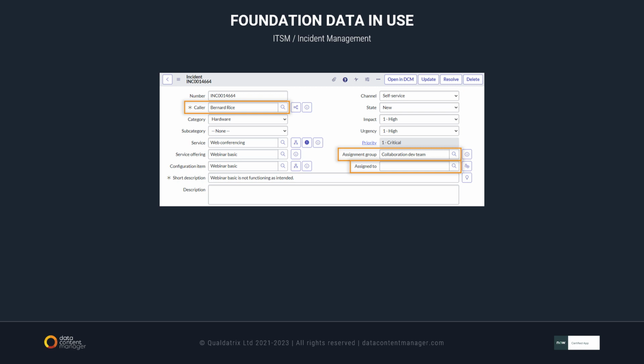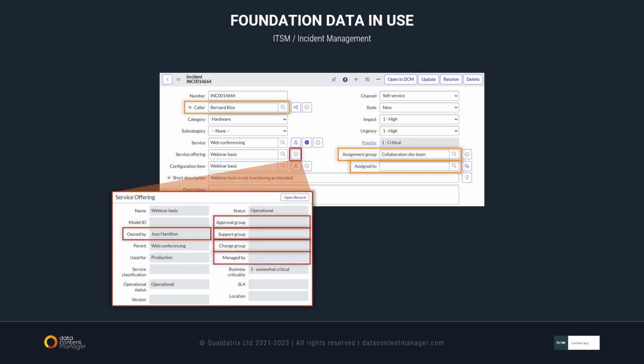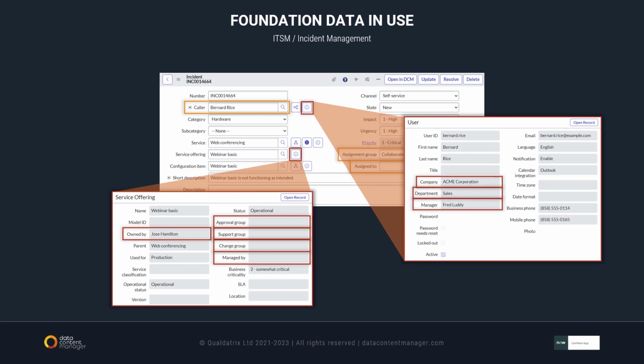And it doesn't look much here, but if we open up the form and take a look at the references or data behind these references, we see, for example, that on a service offering, you have plenty of foundation data references related to users and groups. On the caller, you have references to company structures, manager, and possibly other foundation data as well.